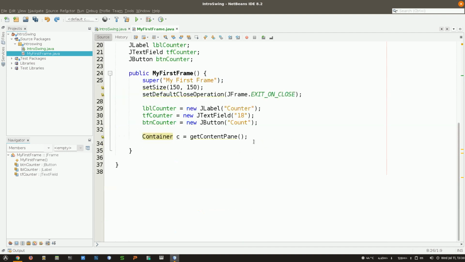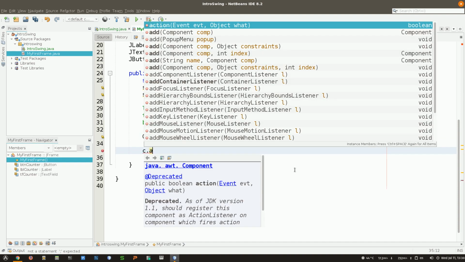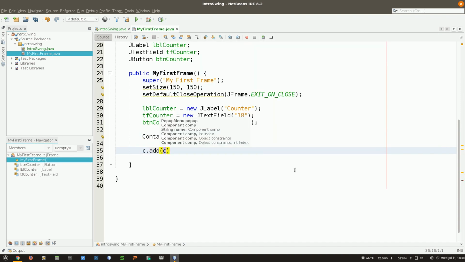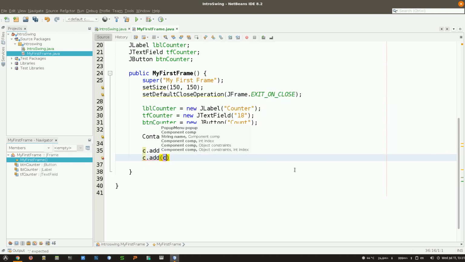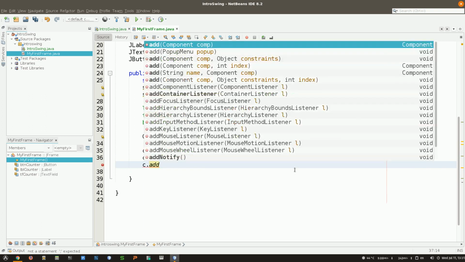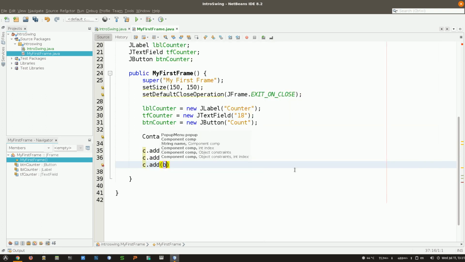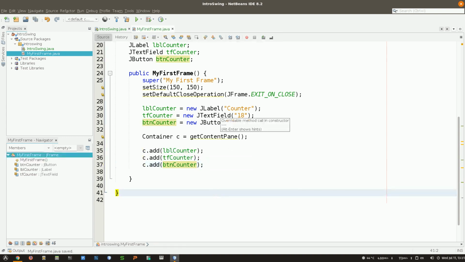And now that I have this, I can add components to it. The first one that you add is the first one you're going to see. It adds from the left to the right, which means if I add the label, this is the first thing that I'm going to see. And then after the label, I'm going to add the text field, then add the button. Now doing so, if I run,